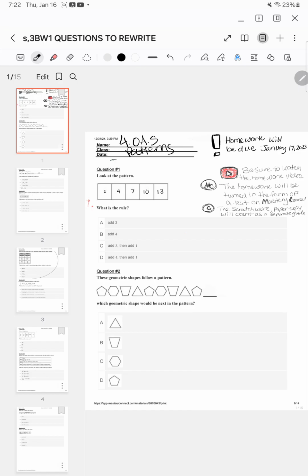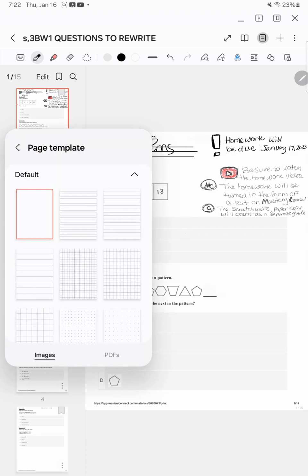The first thing is equivalent fractions. So, instead I'm just going to add a page here. That would probably be better. Yeah, I'm gonna add a page. Alright, so